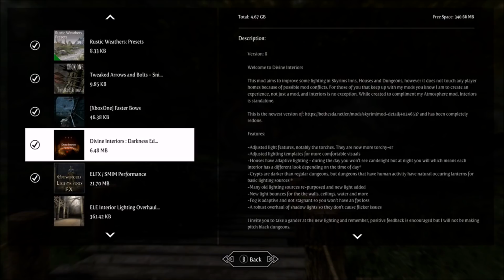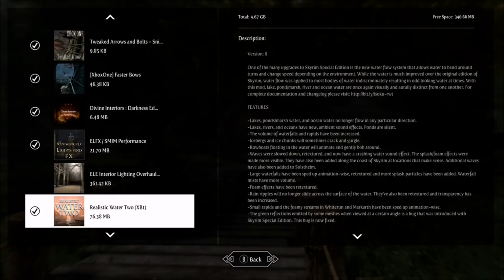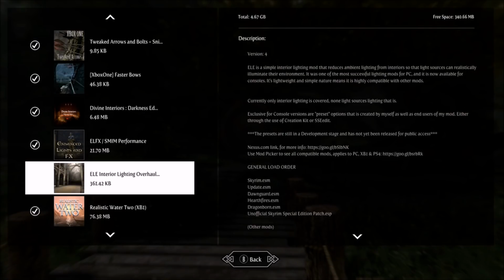I tried Divine Interiors, the regular Divine Interiors, and I got some flickering as well. I had been playing with ILO, Interior Lighting Overhaul, which I have here. It's not active right now, but I really like this mod. I would probably say it's one of my favorites, and I want to thank Leon Shore for reintroducing this one to me again. You don't get any flickering with this mod, and you're really forced to use your torch or your lantern,